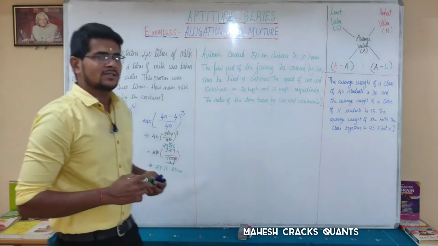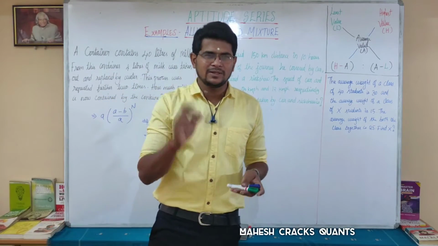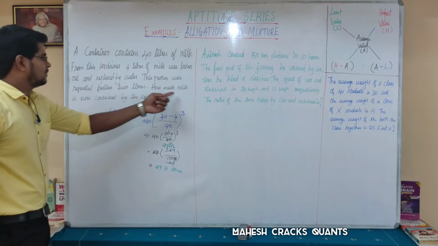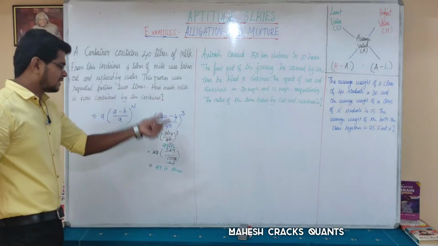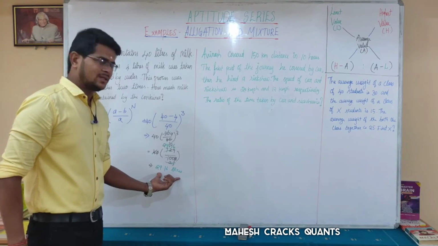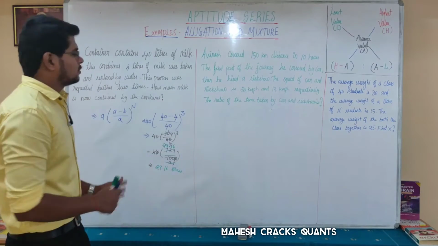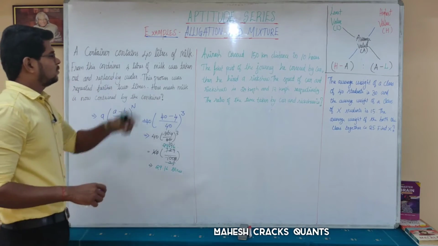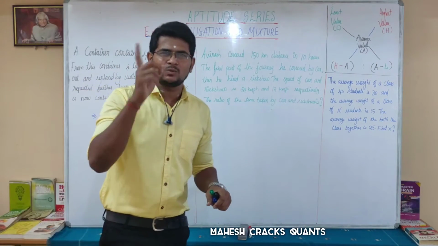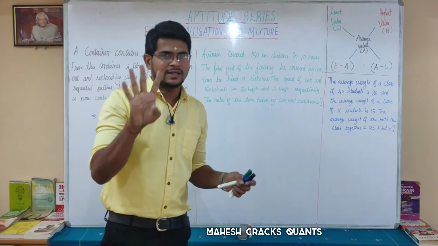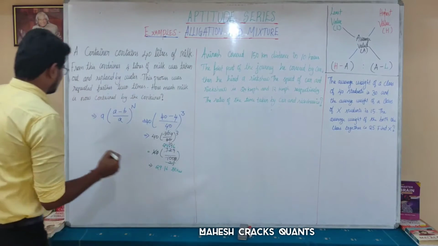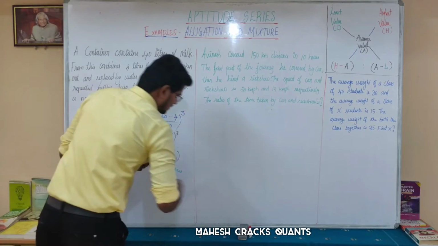After doing this process, we will get 29.16 liters of milk in that container. How much milk is now contained by the container? Now 29.16 liters. We could solve this with the successive formula, which is nothing but, what is the removal? Removal is 4 liters. What is 4 in 40 liters? 10%. 10% removal 3 times. Successive 10%, 10%, 10%, 3 times.